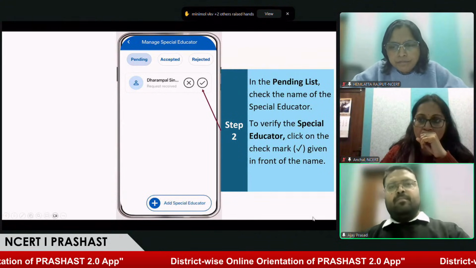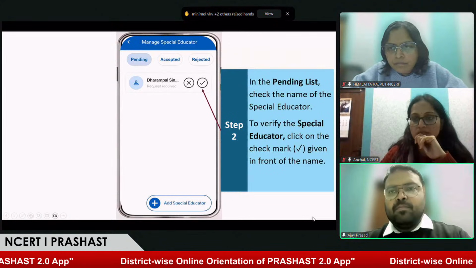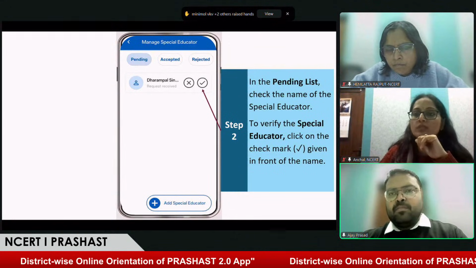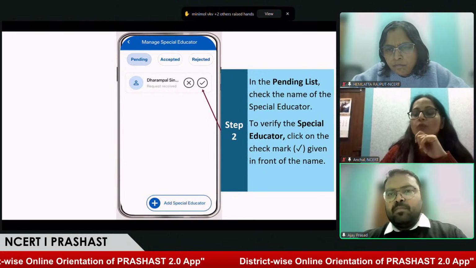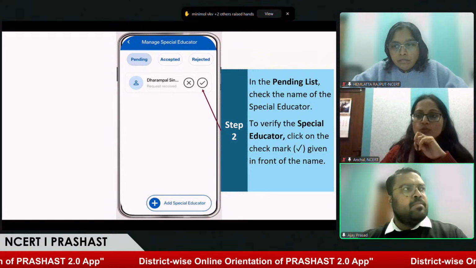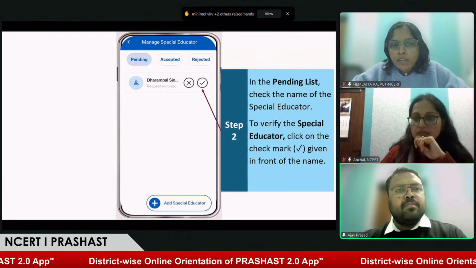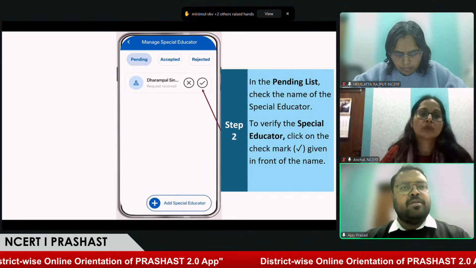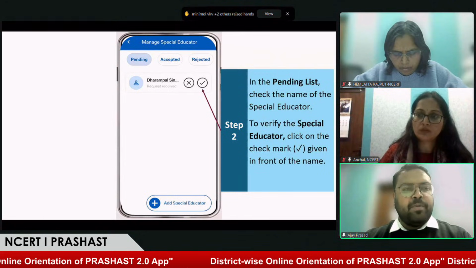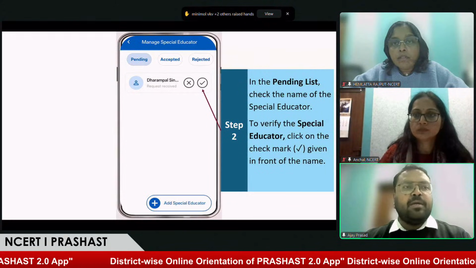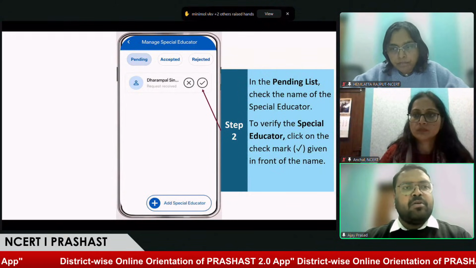Yeah. The same issue is raised by another participant: not able to log in using mobile number, it shows invalid mobile number. So two persons are raising the same issue. Okay, in that case, ma'am, I would request you to please check if the details linked to your email address and Aadhaar are correct or not.